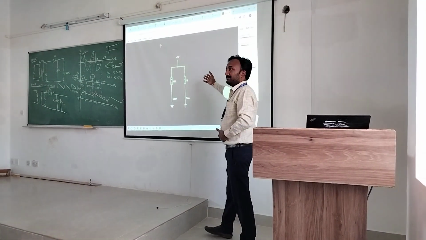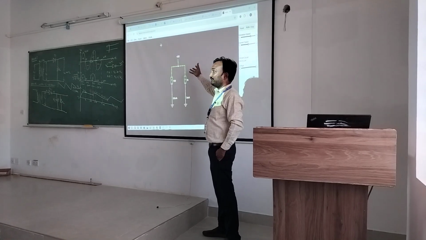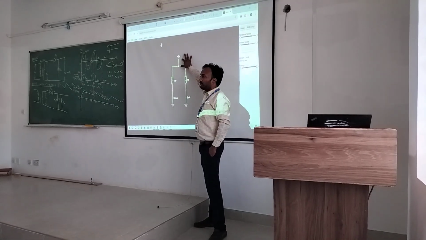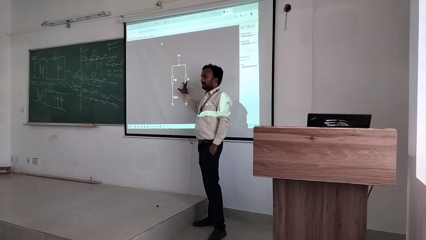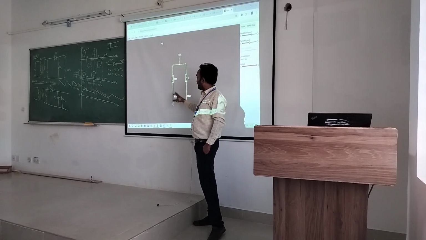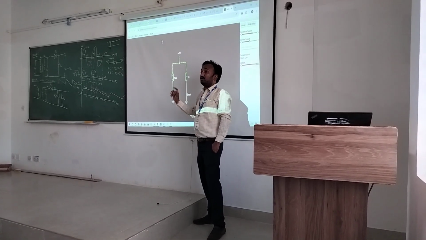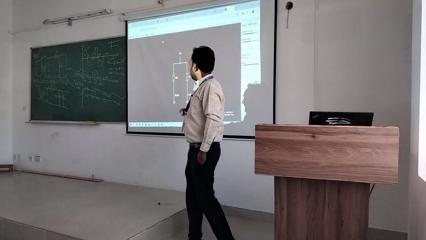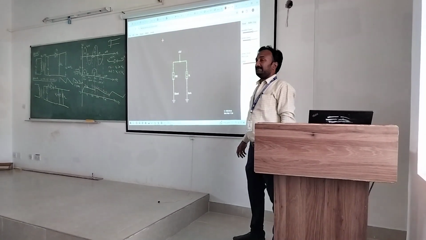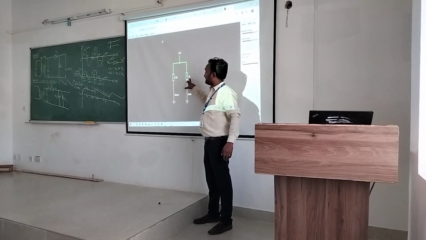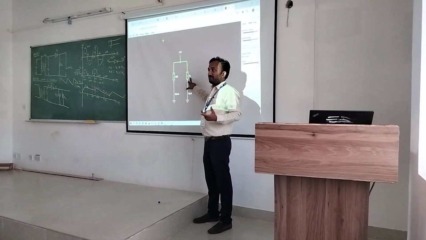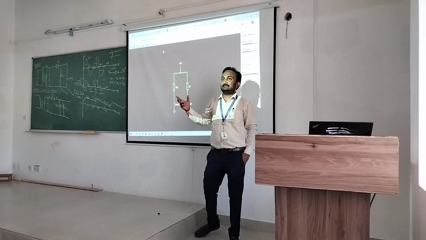So what this circuit tells us, there is a 5 volt source. There are 2 capacitors which are connected in parallel. One end is connected to 5 volt and the other end is connected to the ground terminal. What does this say? This is 100 ohms and this is 1 kilo ohm. What does this circuit tell us?